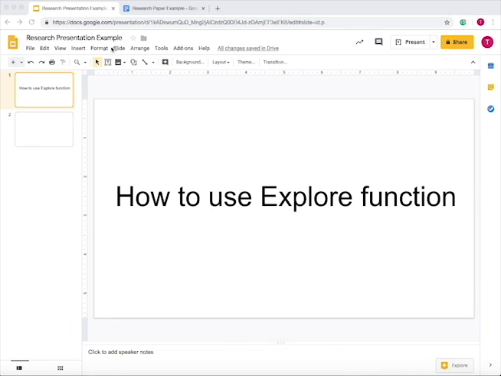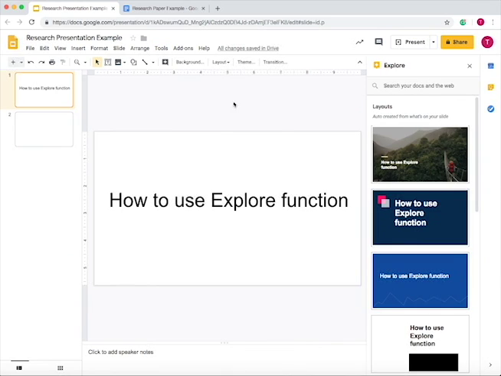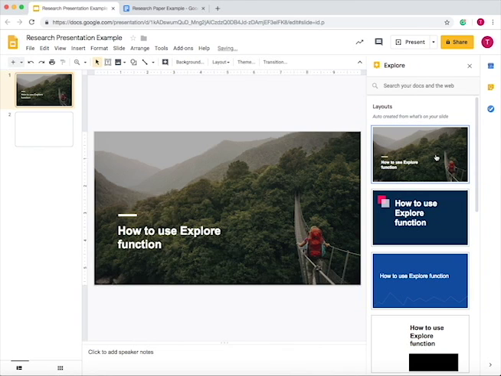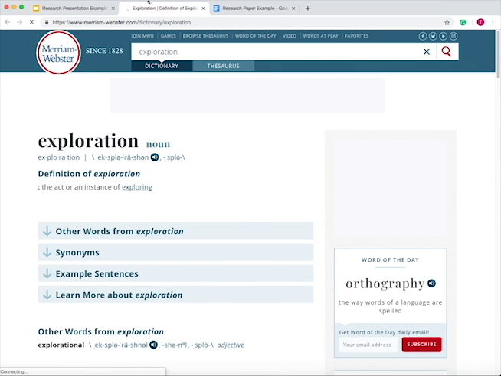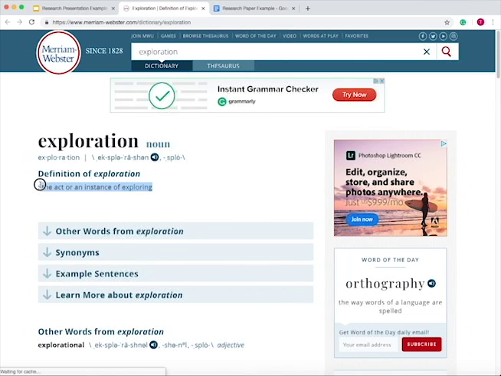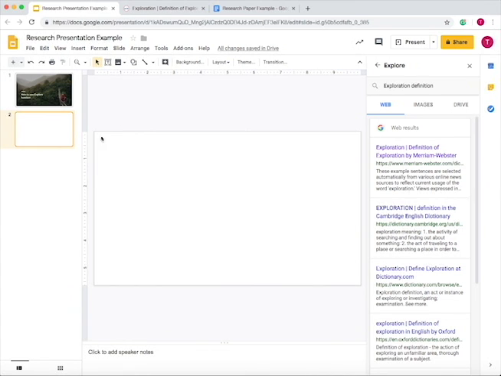Here I have a research presentation example, and then I go to Tools, Explore. So one neat thing about the Explore, it shows you layout examples that you could use that would fit the presentation. So let's do this image, and now if you want to find information for the presentation, like what is the definition of exploration, then you can click on the website and it will take you to that website in a new tab,